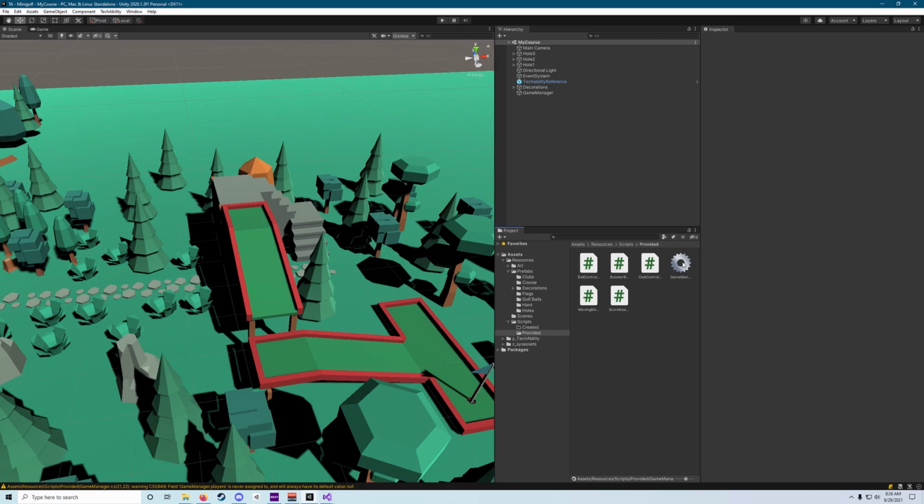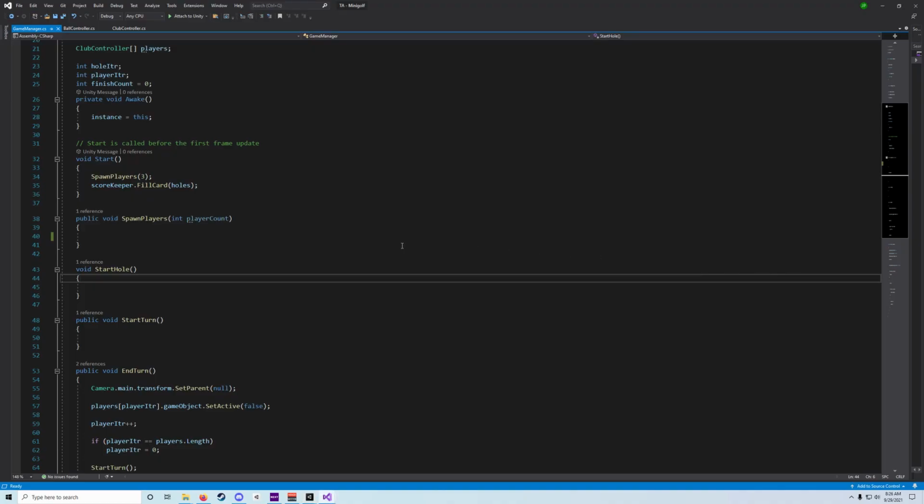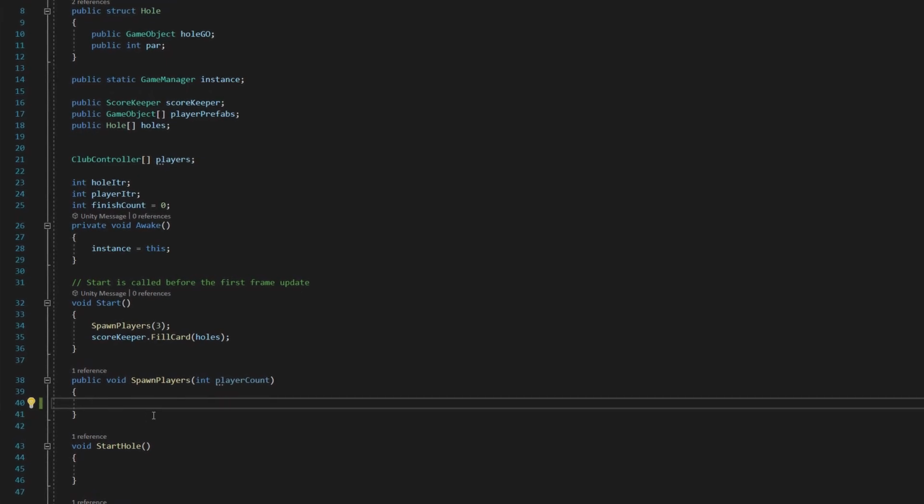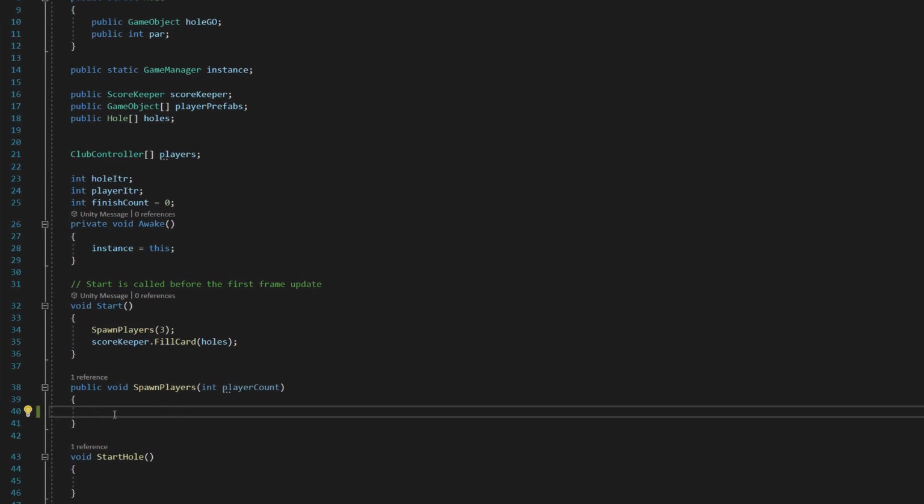Let's go ahead and open up our game manager script because we're going to be adding a little bit of code to that guy. Let's go ahead and double click on him there and get him open. And we're going to be writing our SpawnPlayers method here. This method is going to handle actually spawning our players into our scene and then disabling them until we actually